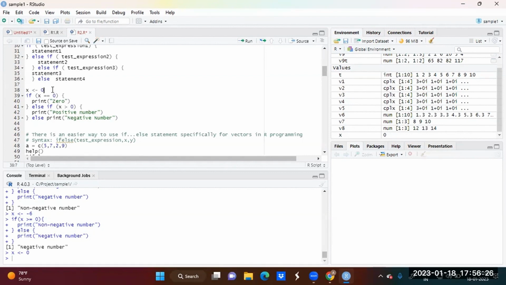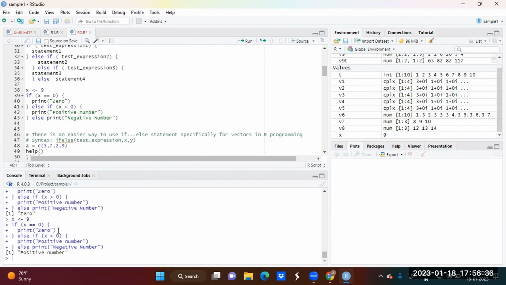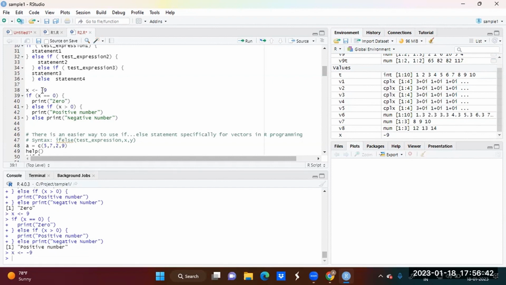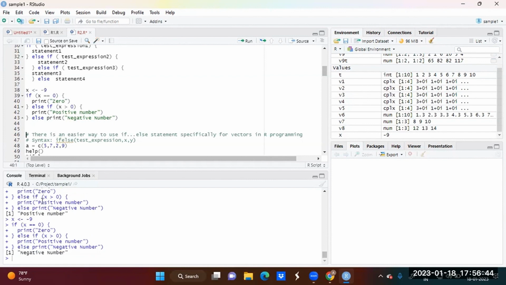So then let me execute first with the 0. Yes, I got the message 0. Now let me change it to some positive value, 9. Again execute if. Yes, you got positive number. Now try to give -9. Again execute, control enter. Now based on this value, it is giving negative number. Means based on some condition, if you want to get some output, you have to use this if